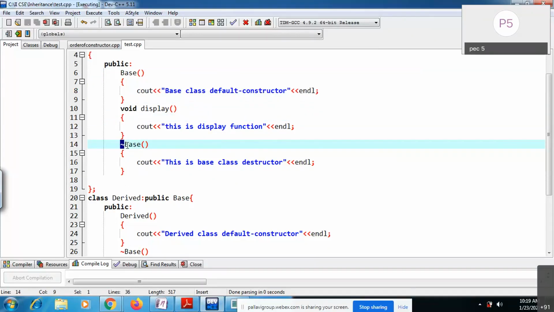This operator, can anyone say what is the name of this operator? Tilde operator. Tilde is used with destructors. Destructors destroy your objects.